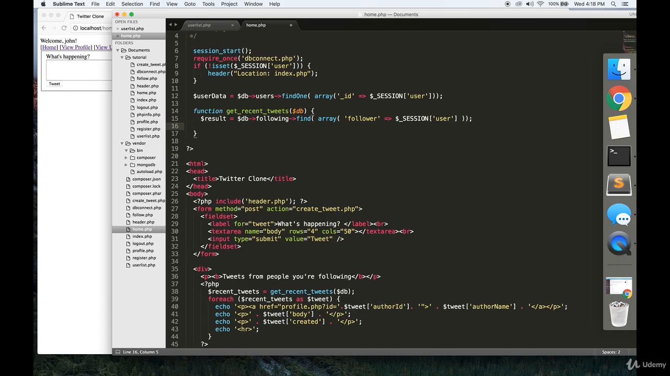But for now, you're going to get basically all the objects in the following collection where the follower is equal to the current user. So basically get all of the users that the signed in user is following, and we're going to make that into an array